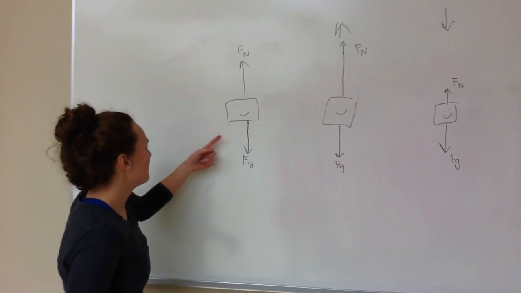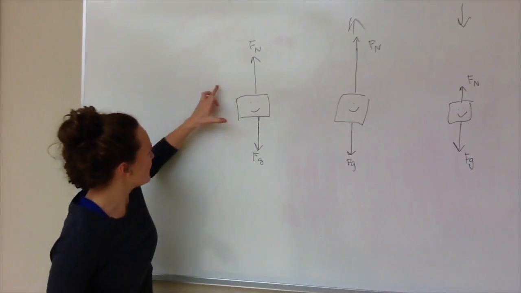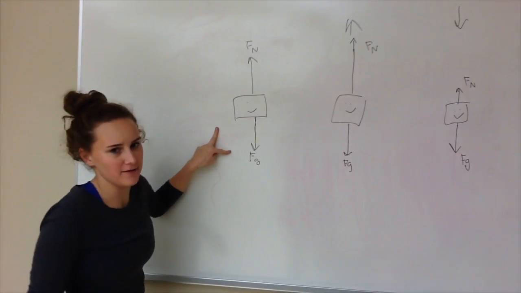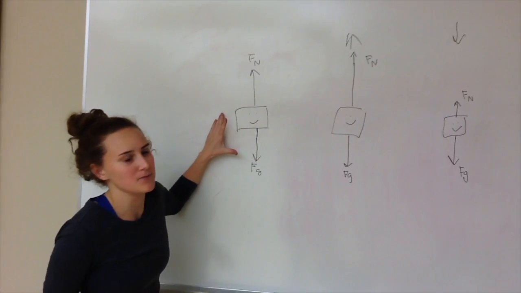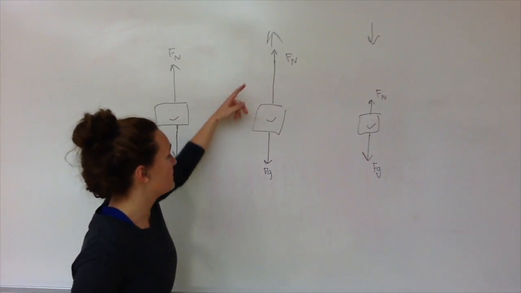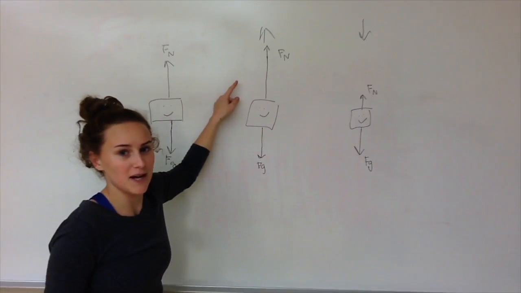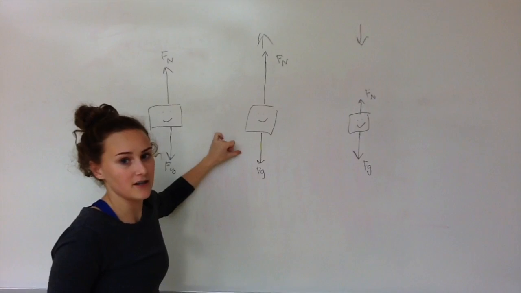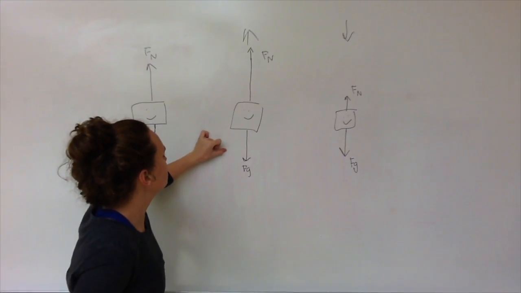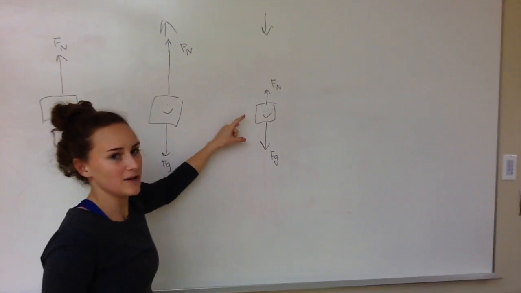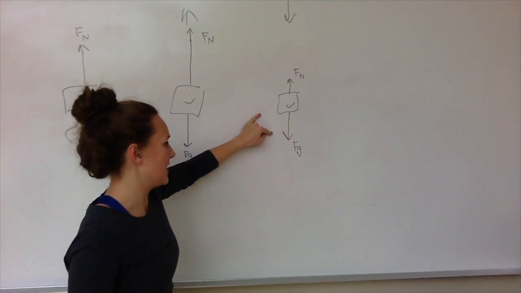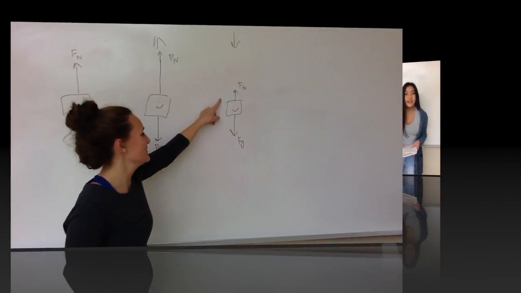Okay, so when the object is at rest, you can see here that the force normal and the force of gravity are equal, so the object doesn't move. But when the object is accelerating upwards, the vector for the force normal has to be greater than the force of gravity. And here, when we are moving down, the force of gravity has to be greater than the force normal. So while moving upwards in the elevator, the acceleration will be positive,